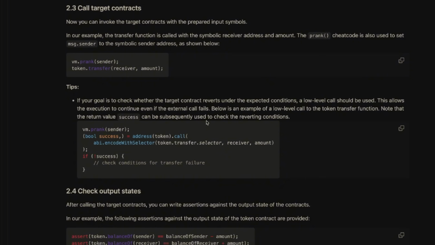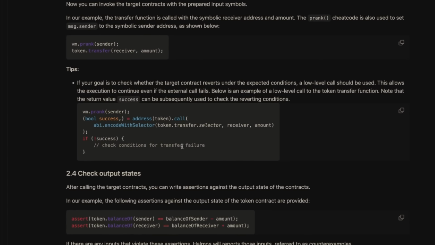So here is an example of the low level call to the transfer function, and it will return a success value which can be checked for certain conditions. So yeah,